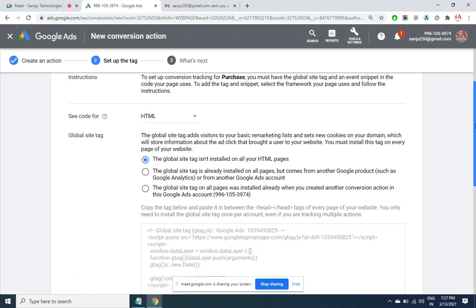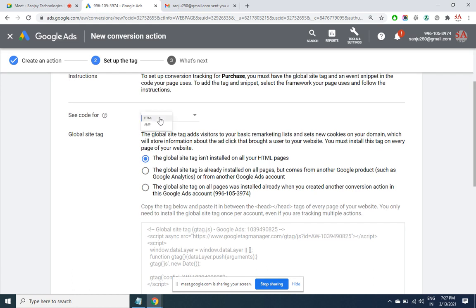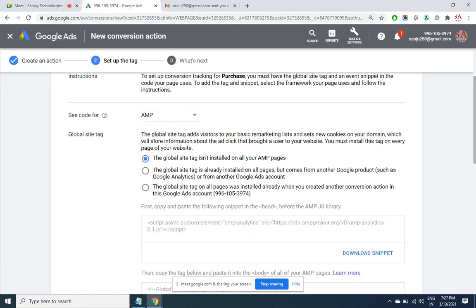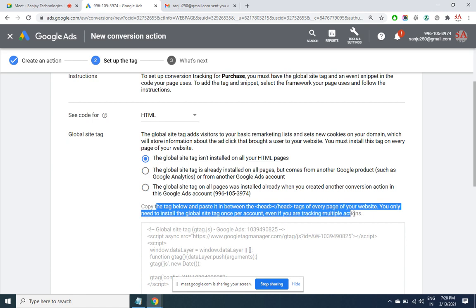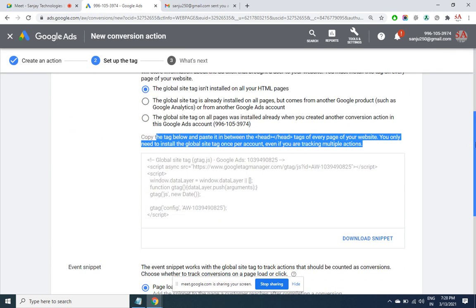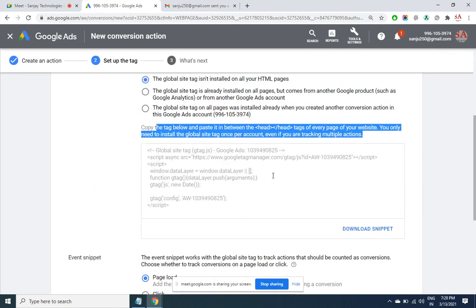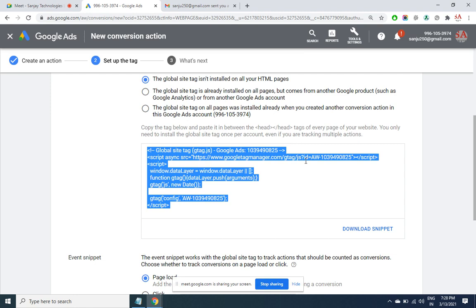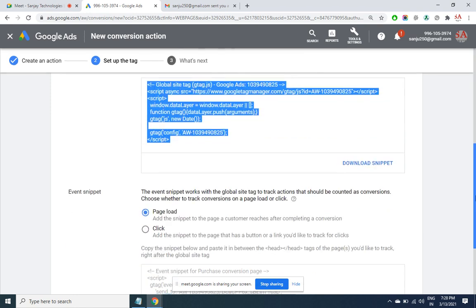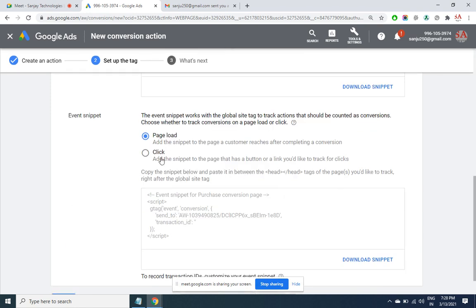So what is the type of site that you have? HTML or AMP. This one is for mobile, this is for the general desktop based website. Copy the tag and place it in the head section of every page. Generally, professional developers create a function and call this function in every page. But if you have limited pages, then you can manually put this code in the head section yourself. Then the second thing is whether it's a page load or a click event.